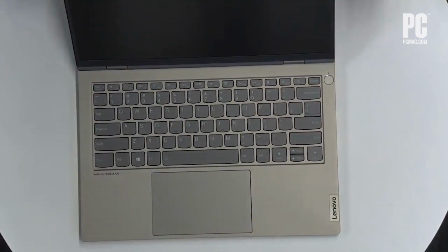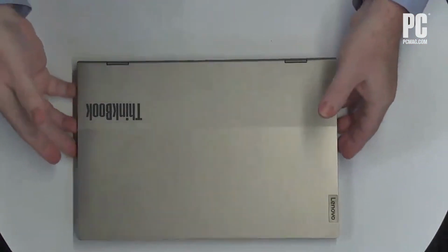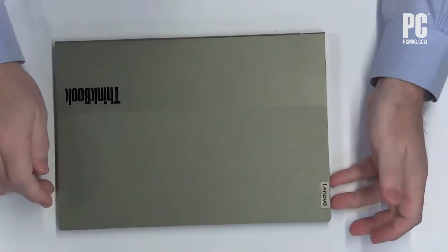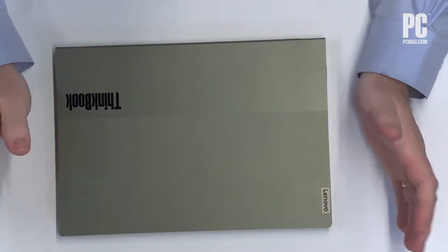So that's a quick look at the 14P and the 16P Gen 2 ThinkBook. Now the next thing I'd like to show you is the thinnest and lightest ThinkBook we've ever made. It's our ThinkBook 13Xi. So this all-metal design also features that dual-tone top cover and is offered in storm gray